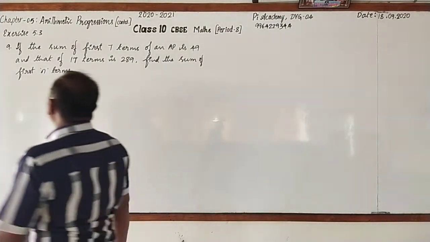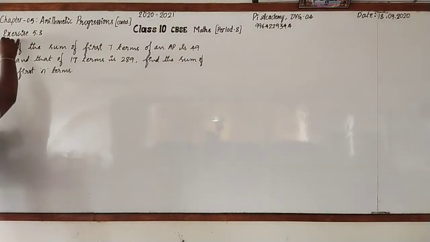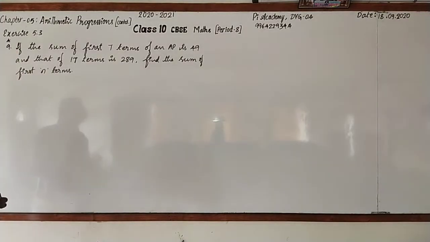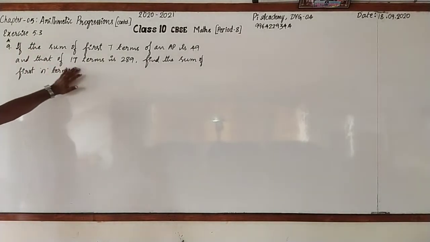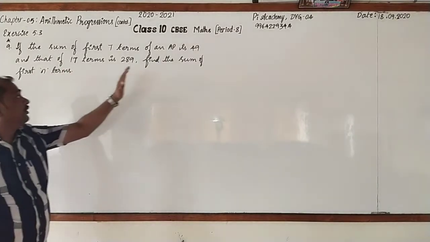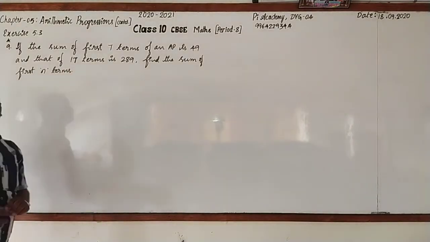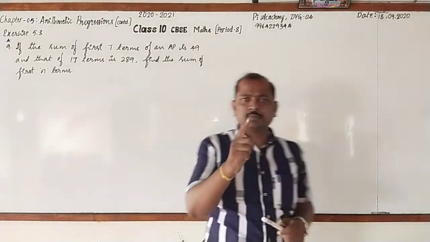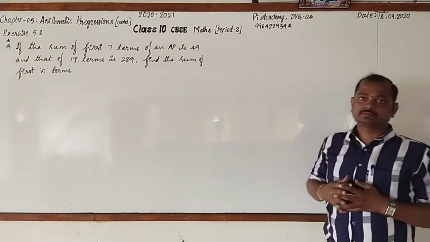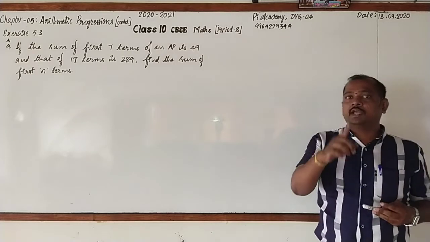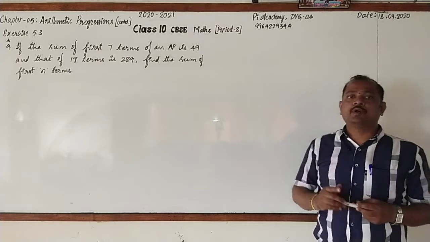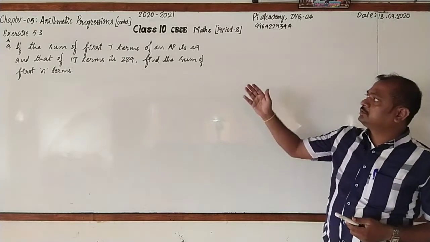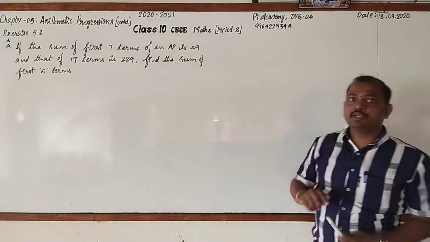Observe it. The 9th one. It's an important one. You can put a star. Go through the statement. It is: if the sum of first 7 terms of an AP is 49 and that of 17 terms is 289, find the sum of n terms. Dear students, just by observing the whole statement, you can tell the answer directly. And do remember, even this can be given for 1 mark. Can you guess that? I'll give you the hint.